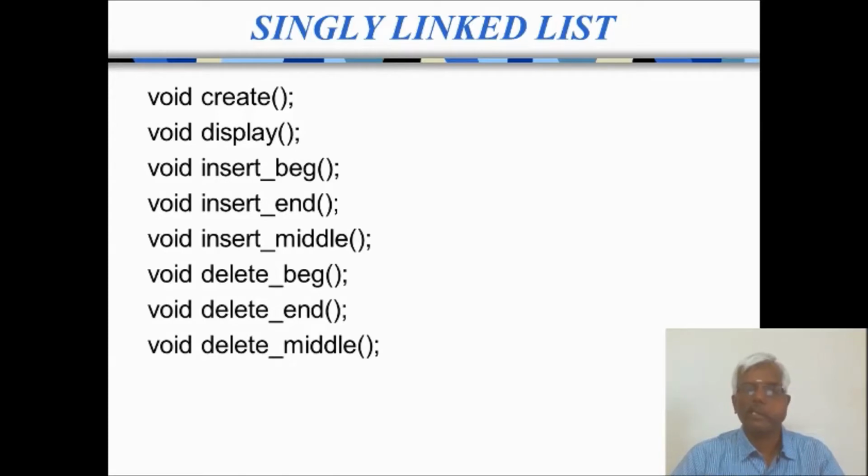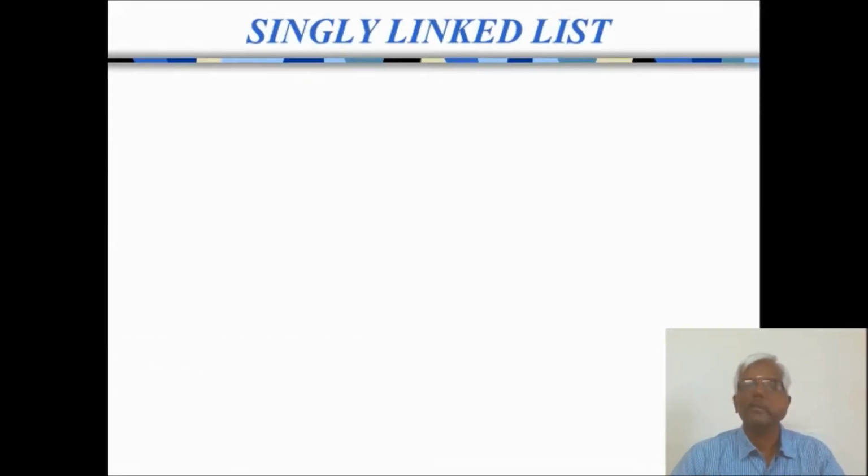Now the function declaration is over: the header files are included, the node is defined, then all the functions are declared. Now what is the next part? We go for the main function. You know the first statement of writing a main function, that is int main, open parenthesis, close parenthesis, and then everything will be written in between the open curly braces and close curly braces. Now I just open the main function.